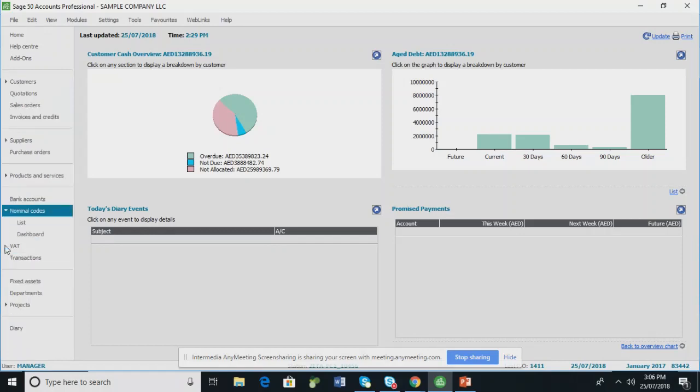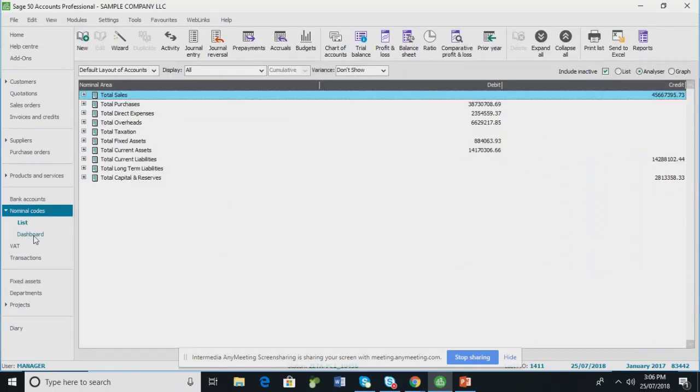and then we have the financial module, which is nominal codes and transactions, where we can generate all financial reports and the chart of accounts, and all other financial functions like budgeting, setting up prepayments, accruals, comparison of financials, comparative profit and loss for the current year and previous year. All these options and financial reports are available in the financial module, which is nominal codes